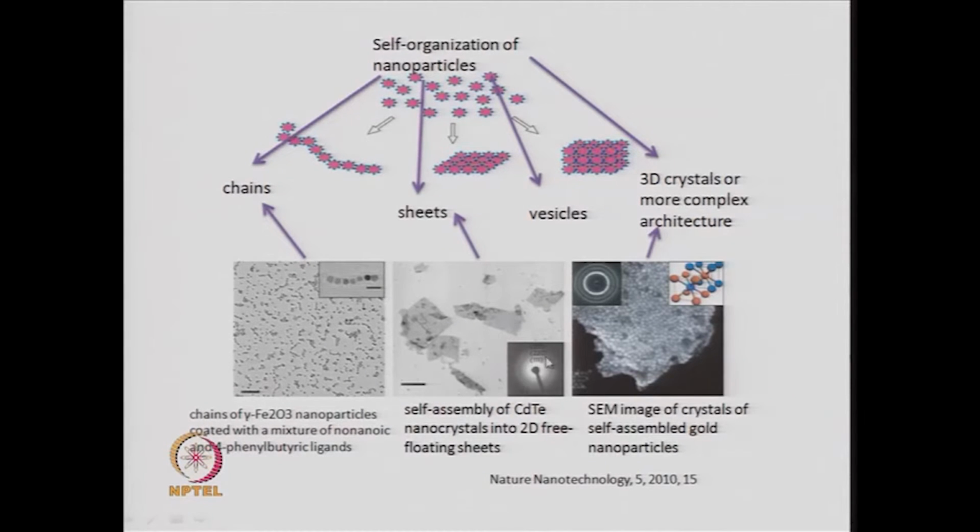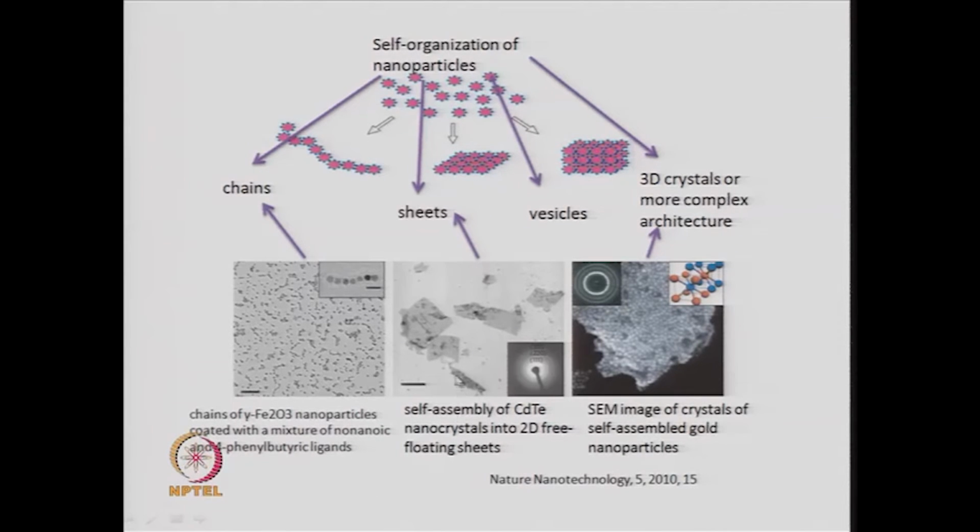And here in the inset you can see that there is a perfect order, because you can do what we call the electron diffraction of this material. If you do the electron diffraction, you will see these lines which you can kind of index, and each of these lines corresponds to certain reflection planes of these ordered structures. So, this ordered structure is made of particles of cadmium telluride. Cadmium telluride is a known semiconductor, and here you have a self assembly of cadmium telluride nanocrystals to form a